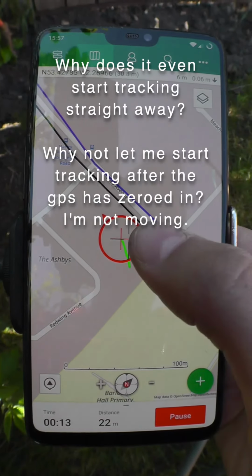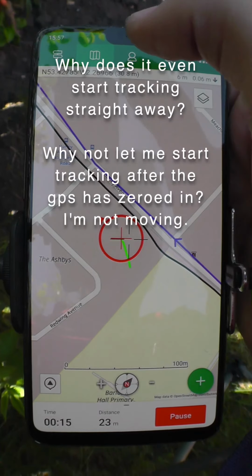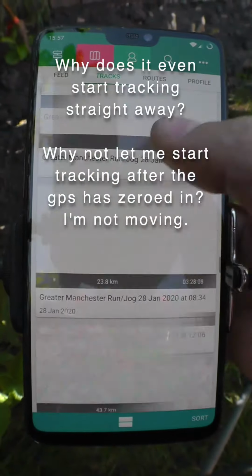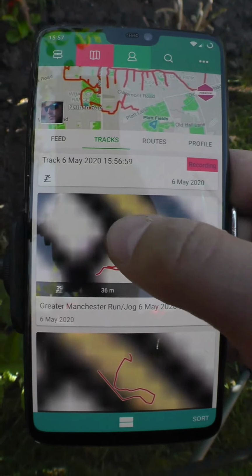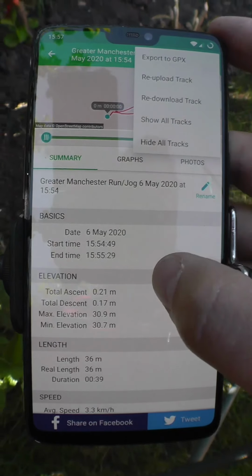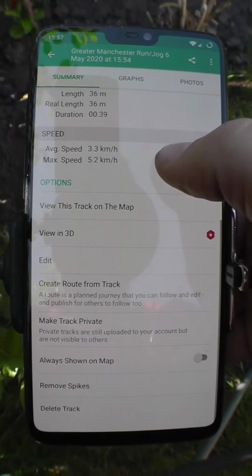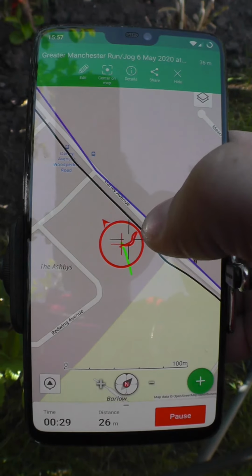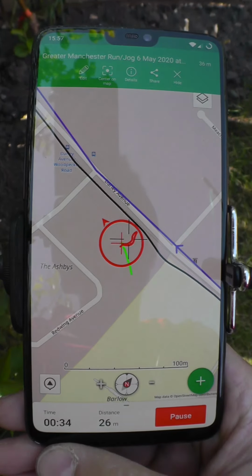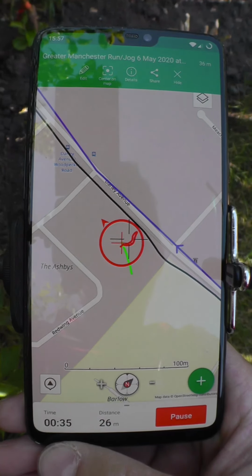Okay, so now I'm wondering what happens. We're 10 seconds in. It's been tracking me for 10 seconds. So now I have to go to here. I have to go to tracks. I have to scroll to the top. I have to select this track, and then I have to tap here. Oh no, I don't tap here. I'll come back to that in a second. I then have to scroll down, and then I go view track on map, and eventually it's got this track for me to get home, and it's already been tracking me for 32,